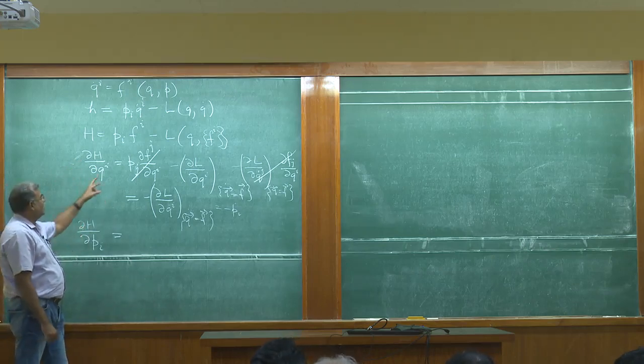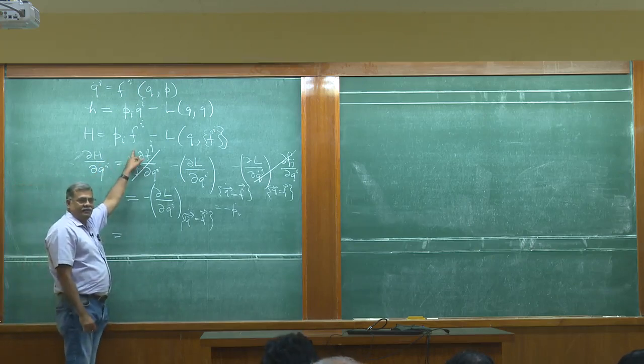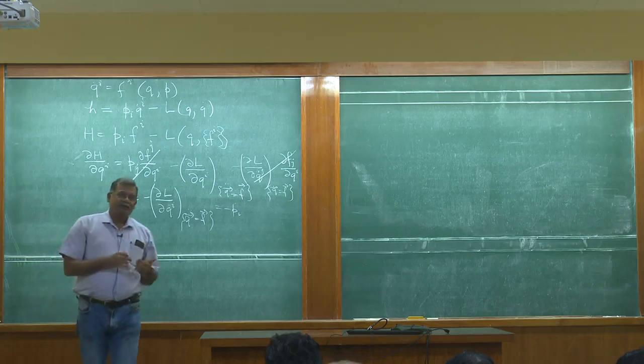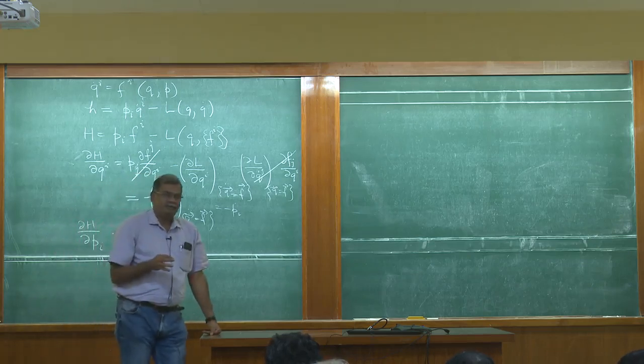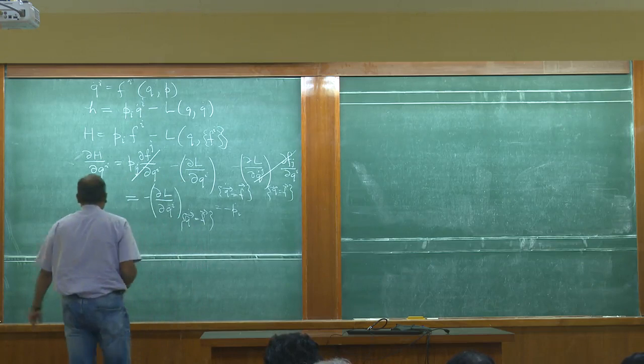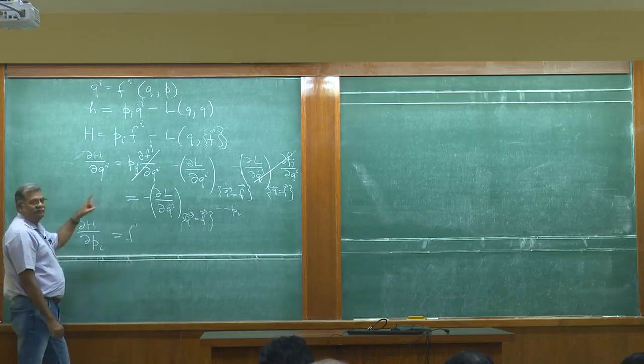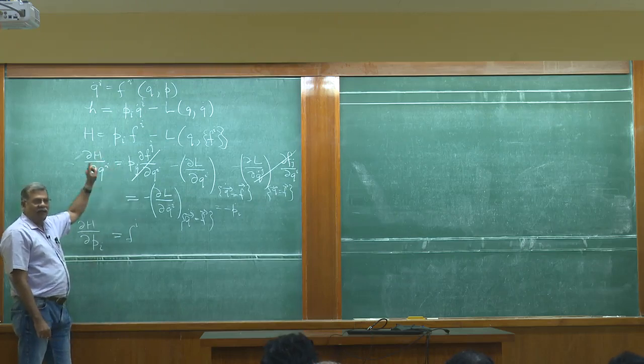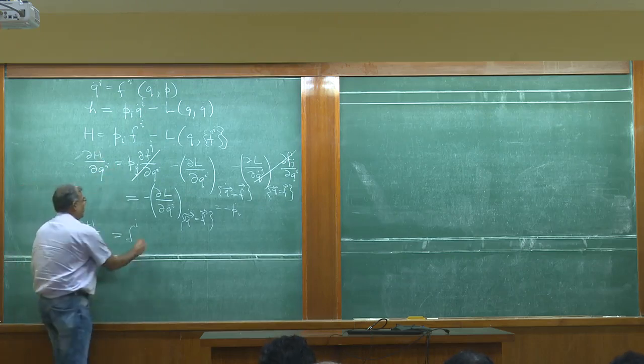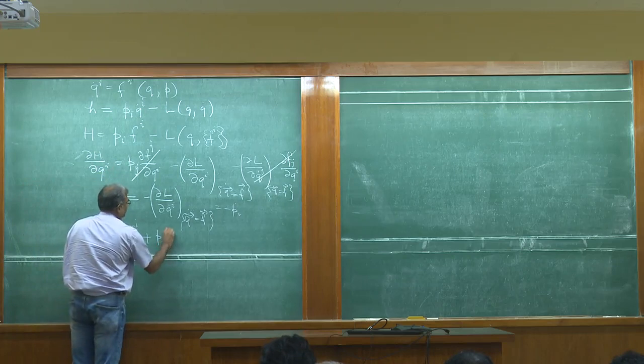The first thing that will happen, this is really Pj Fj. So when you differentiate Pj Fj with respect to Pi, you are going to get a delta ij times Fj, that will give you Fi directly. But that's not the only term, right? Fi also has P's in it. So you will also have to do Pj del Fj